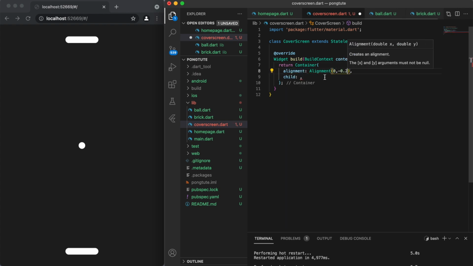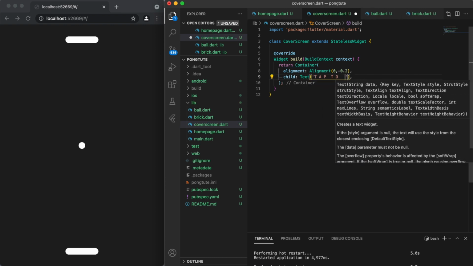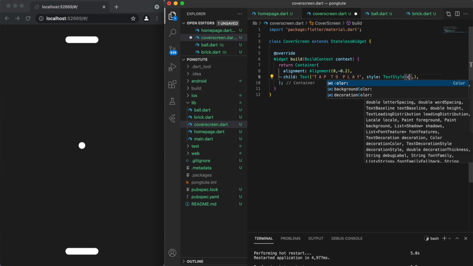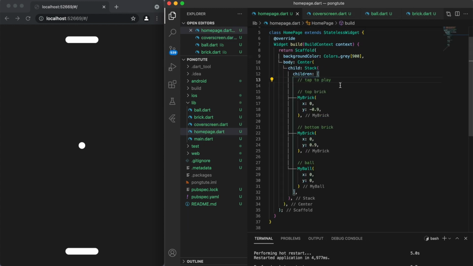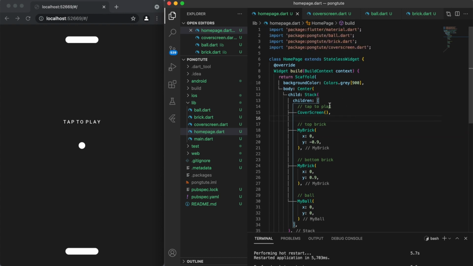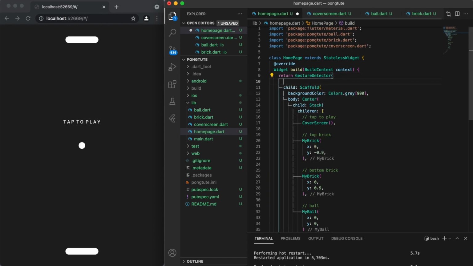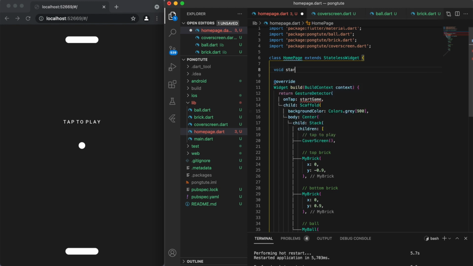So in the cover screen, we're going to return a container, and of course we need this for the alignment to position where on the screen we want this element to be. So we're inviting the user to tap, so we're going to create a gesture detector to wrap around the entire scaffold. And if you look on the on tap, if we tap the screen, then we're going to start a